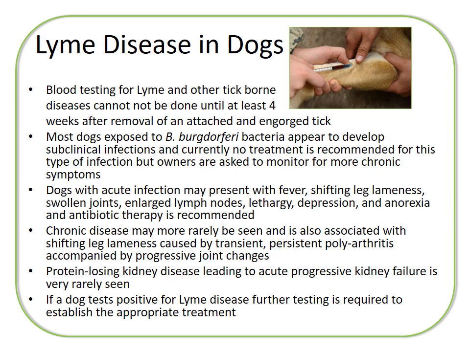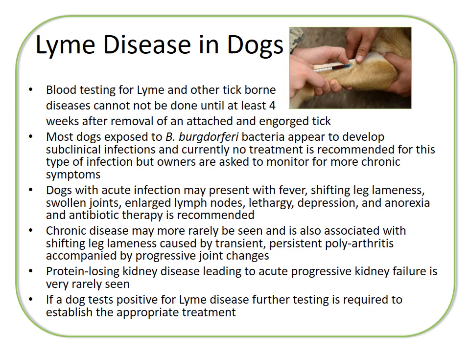The important thing to know is that most dogs exposed to Lyme disease-causing bacteria appear to develop subclinical infections, and currently no treatment is recommended for this type of infection. Owners will be asked to monitor their dog for more chronic symptoms. Dogs with an acute infection may present with fever, shifting leg lameness, swollen joints, enlarged lymph nodes, lethargy, depression, and anorexia, and for those cases, antibiotic therapy is